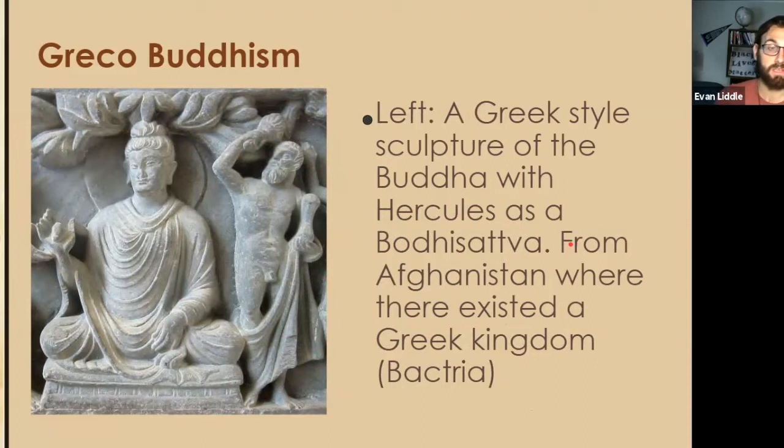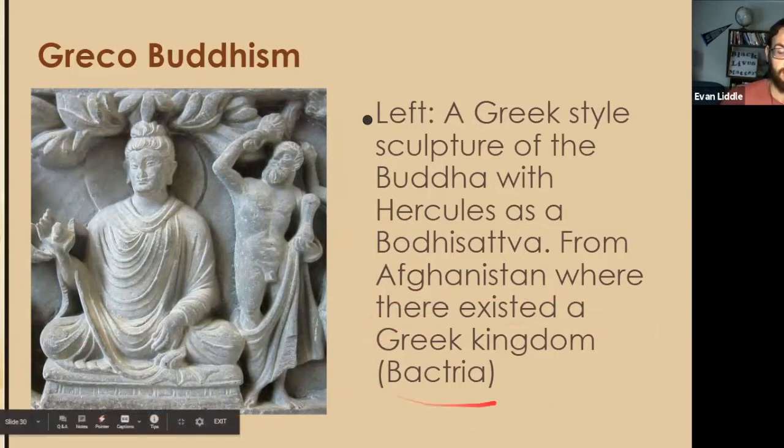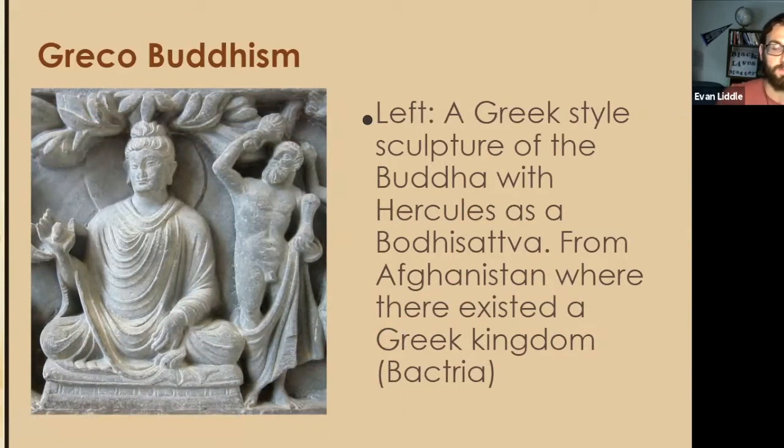This is a big deal for a couple reasons. One is that prior to the entrance of the Greeks into South Asia and the establishment of these kingdoms and the influence of Greek culture, depictions of the Buddha as a human was a very rare thing. It didn't happen very often. Most depictions of the Buddha did not have him as a human. You might have had his feet. You might have had the chakra dharma, which is one of the symbols of Buddhism. You might have had a picture of an empty throne, symbolizing the fact that the Buddha gave up his throne